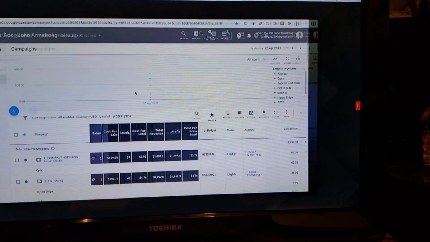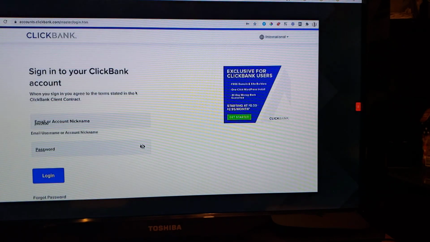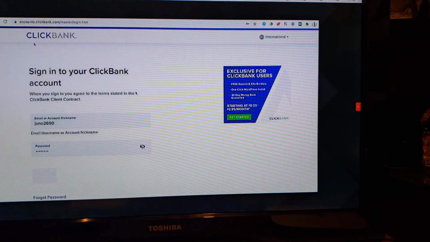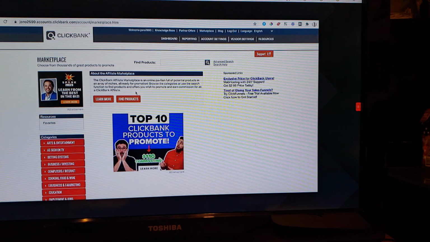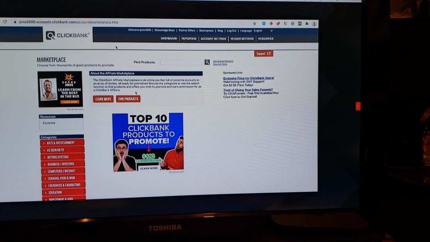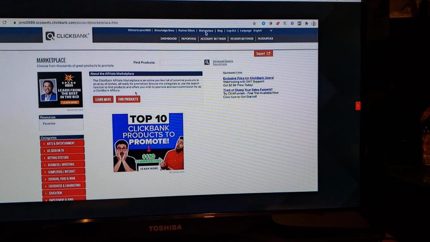What you need to do is, first of all, you're going to need a ClickBank account, right? Because what we're going to be doing inside of this method is using high-ticket affiliate programs to make our money with. And generally speaking, you can find these on ClickBank. So to do that, you need to go and sign up for a ClickBank account. It's completely free of charge, right? Once you've signed up, you want to go inside to the marketplace, which is here. We're in the